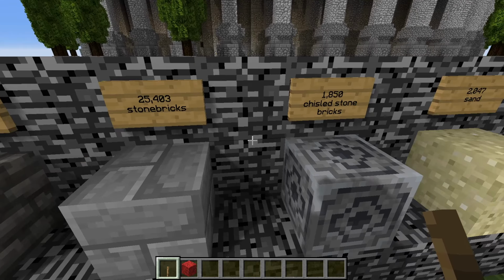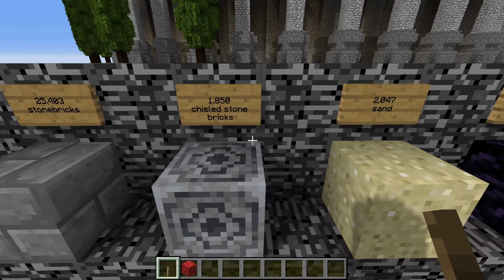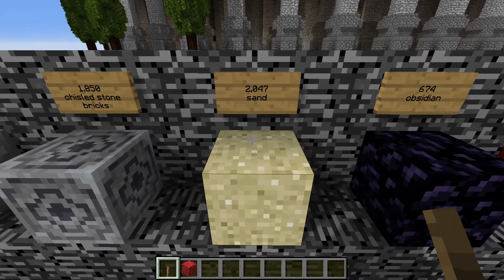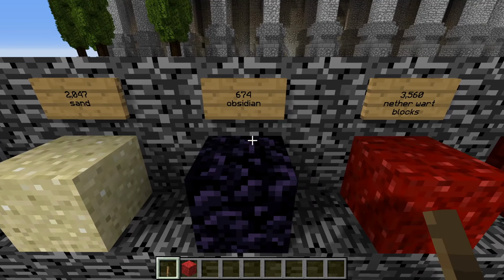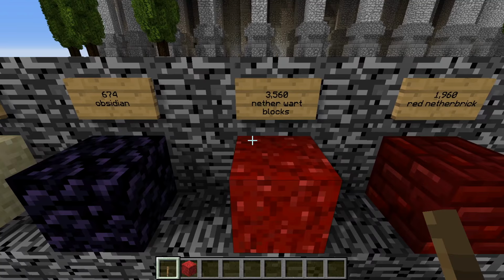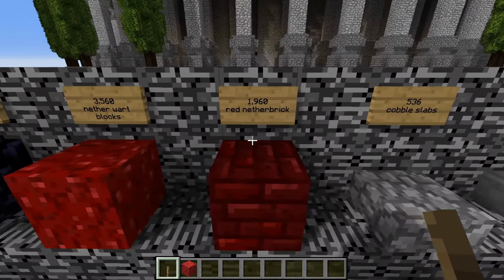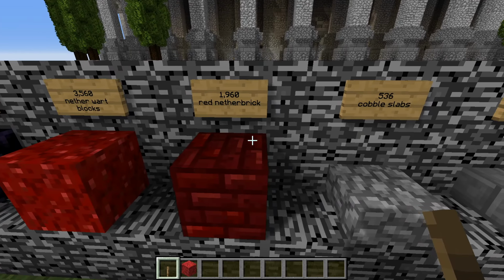25,403 stone bricks, 1,850 chiseled stone bricks, 2,047 blocks of sand for the arena floor, 674 blocks of obsidian, 3,560 netherwort blocks for the canopy at the top there, 1,960 blocks of red nether brick,